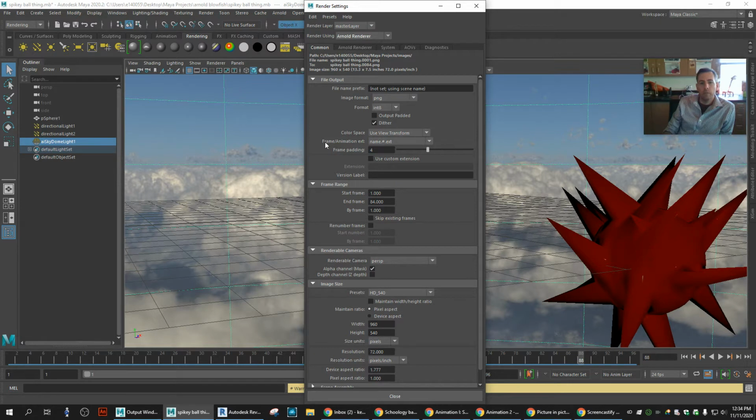Moving down the line, frame animation extension. So each PNG is going to be saved by its name and the number according to the frame that it is. That can be very helpful, especially if your rendering gets stopped halfway through. Then you know, like, hey, well, I know now where I can pick up for my next render batch. Okay, so